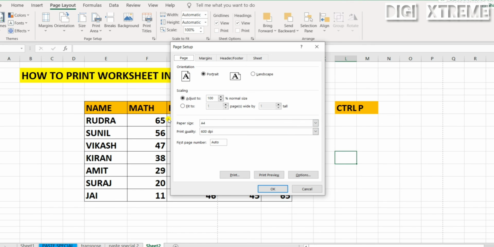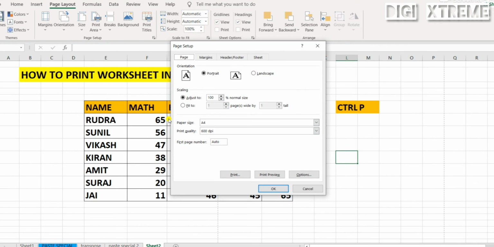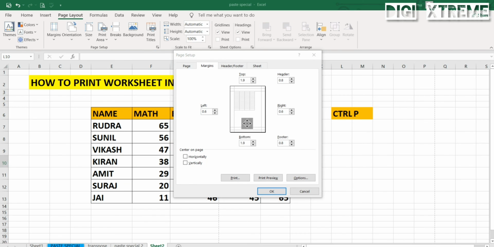You can try it yourself and practice. Unless you do the printout, how will you know how it works? So practice with your printout also. Try giving all these changes and see how your print comes out.